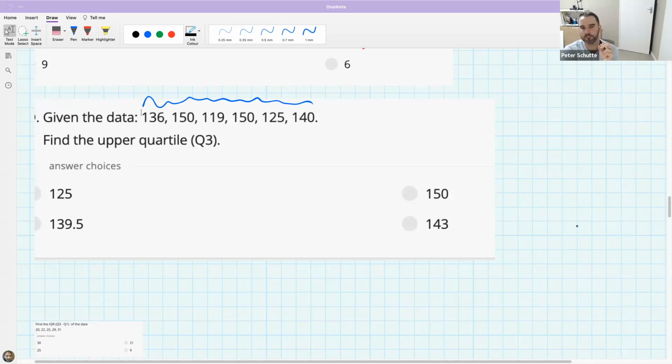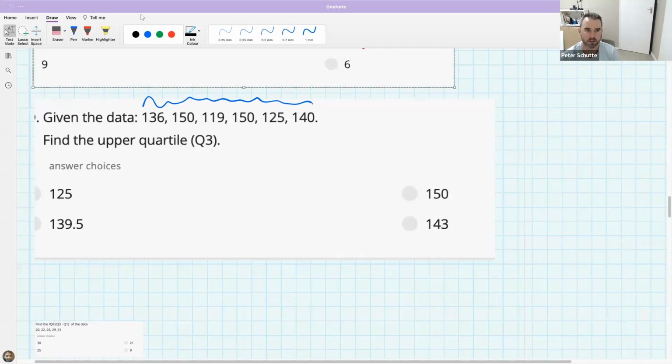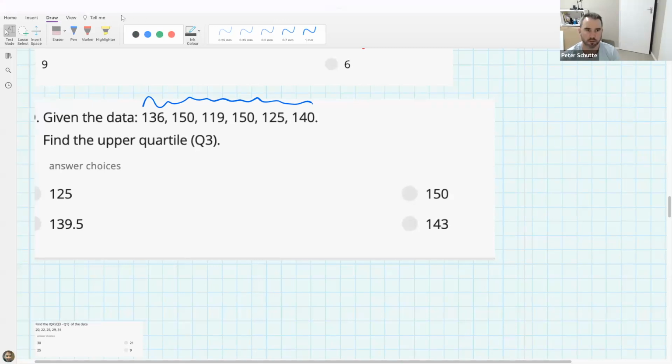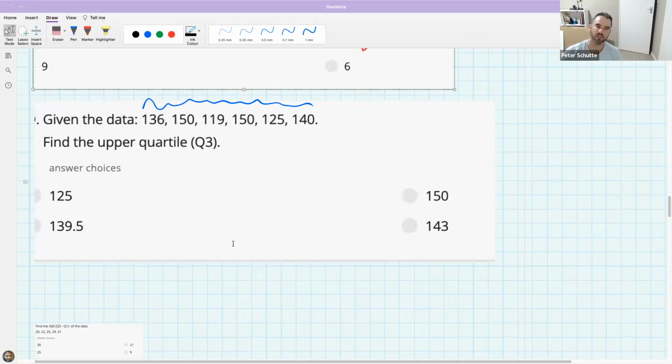When you're trying to find the... oh, something just popped up on my screen without me wanting it there. Okay, it's gone away. What you need to do to find the upper quartile, the data needs to be ranked from smallest to biggest before you do the position calculation. So you have to first